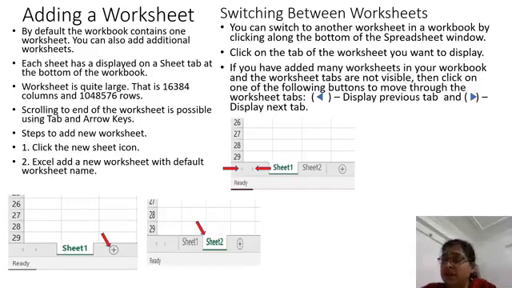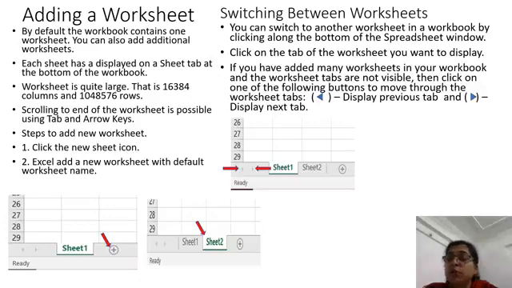We have learned adding a worksheet. Before going to start, first we'll see a few things about the worksheets. We will see adding a worksheet. For that, there is an icon on the sheet tab. Plus sign is the icon to add a new sheet. So click on that, a new sheet will get added, and by default the computer will give the name Sheet2, Sheet3, like that whenever you start inserting.